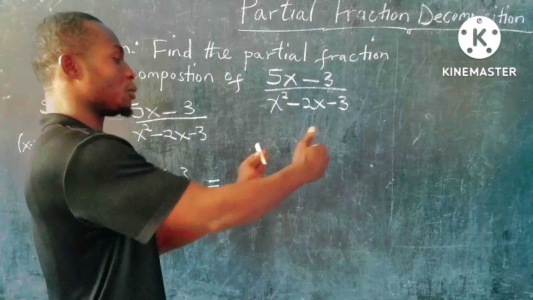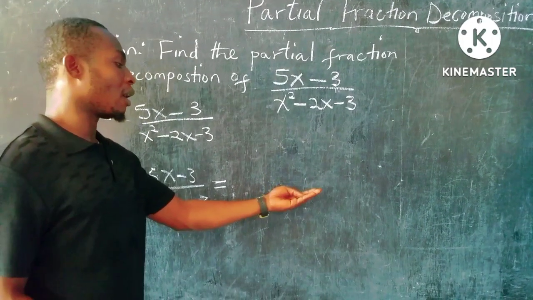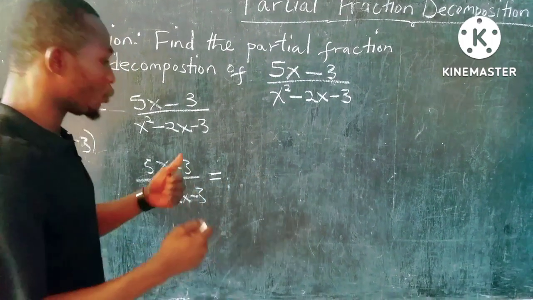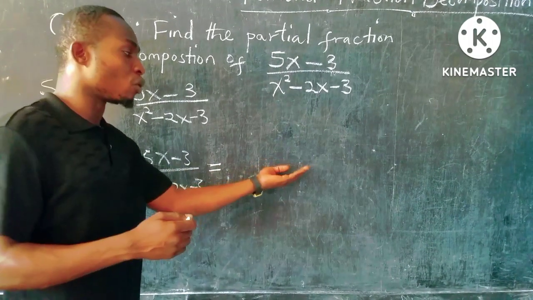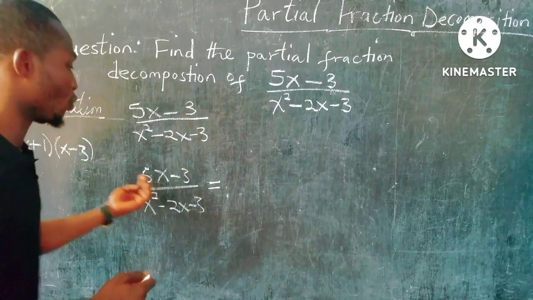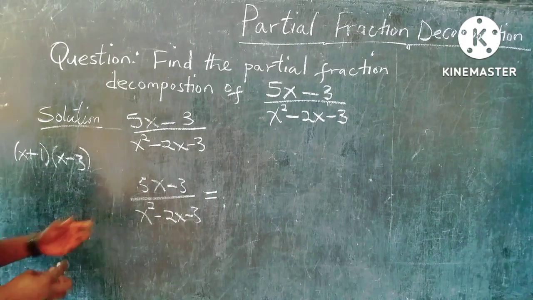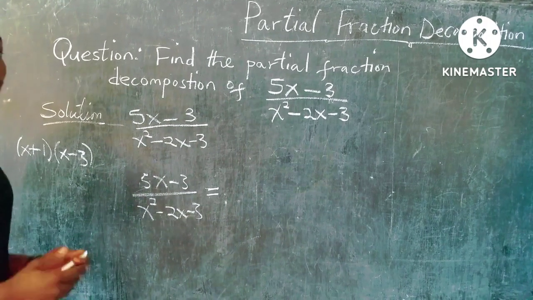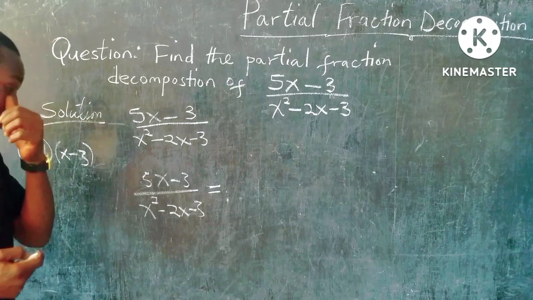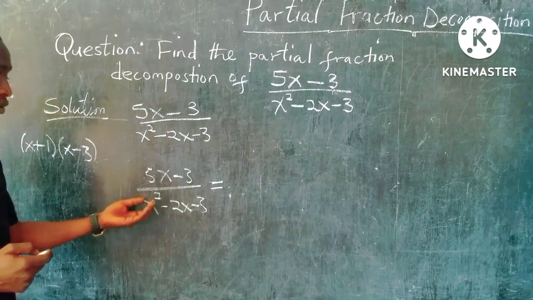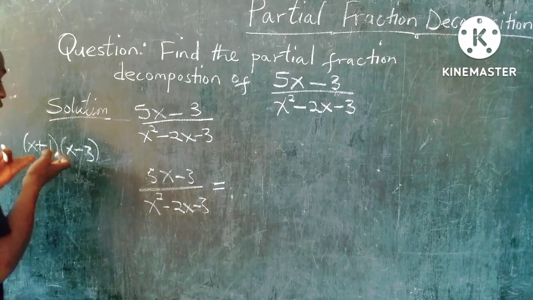That means we split it into smaller form, so that when we apply our algebraic expression or our mathematical induction or whatever solution on it, that will be able to return right back to the original polynomial fraction we have. So this means that since we want to find the partial fraction decomposition, we're going to have a constant, and we're going to consider the two letters A and B. Why? Because it's a quadratic. So since it's a quadratic, and we got two different terms, two different factors, so we're going to